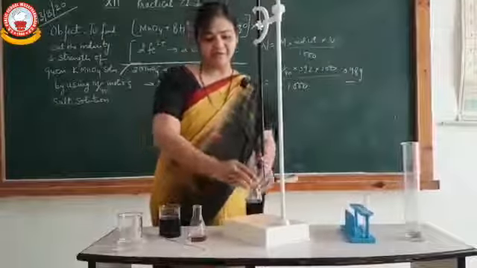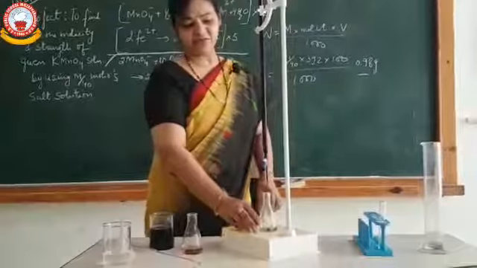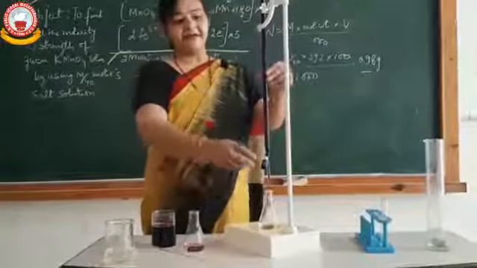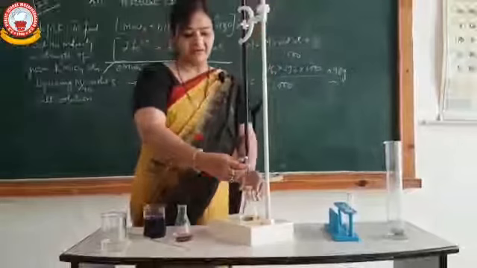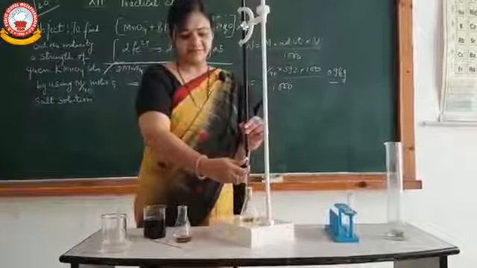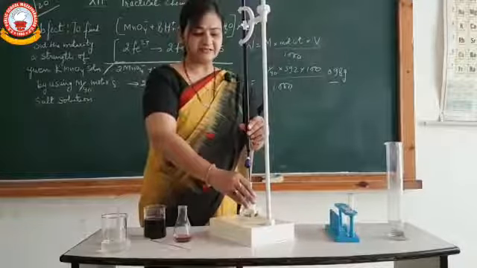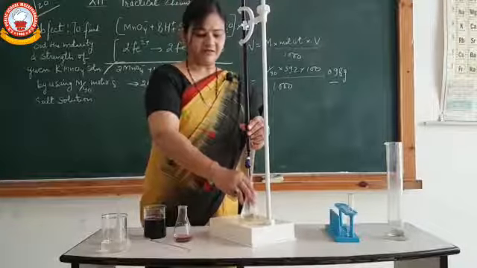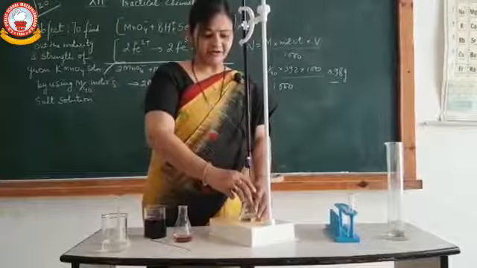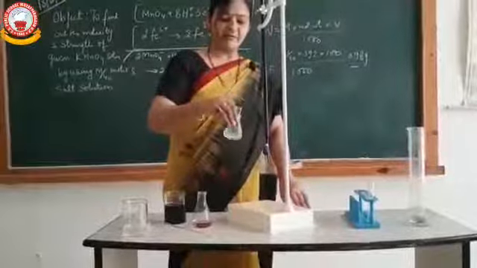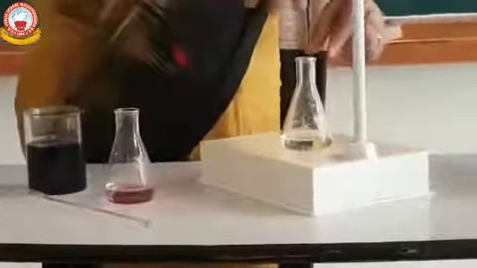Now you will place this conical flask or titrating flask just below the burette and add KMnO4 solution drop by drop from this burette like this, continuously stirring it with the right hand so the reaction may complete. You also have to check that no drop of KMnO4 solution goes out of this titrating flask.